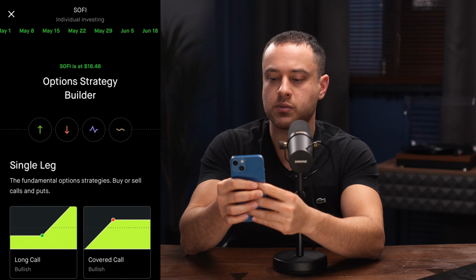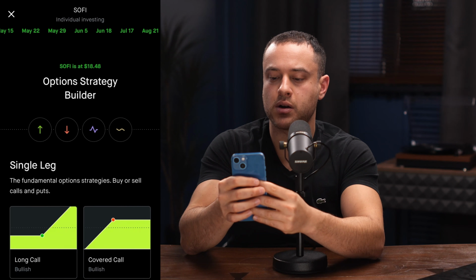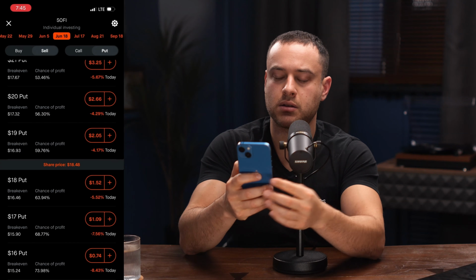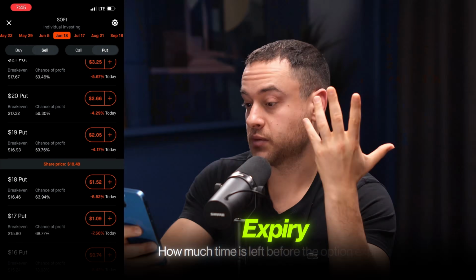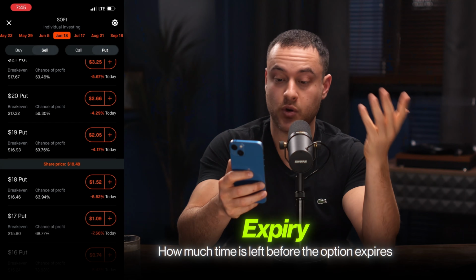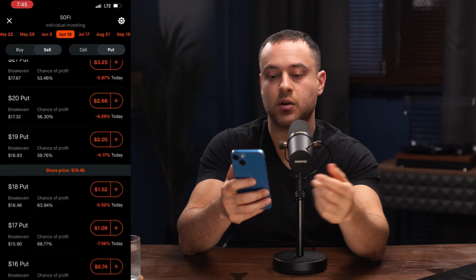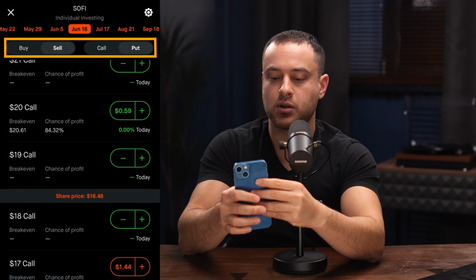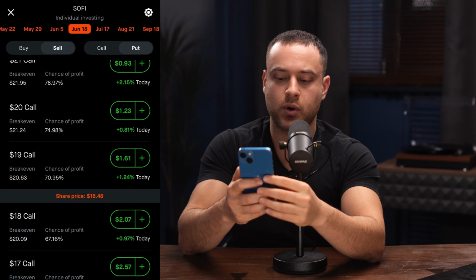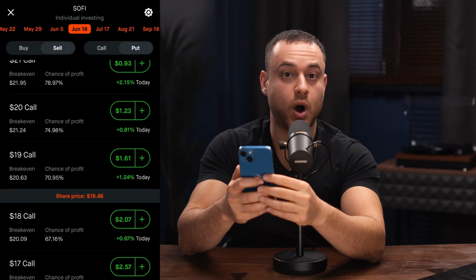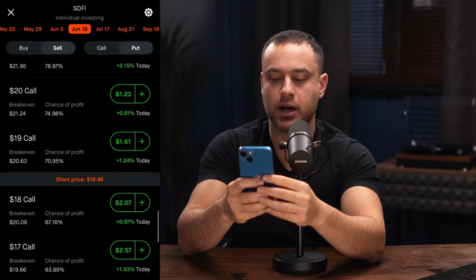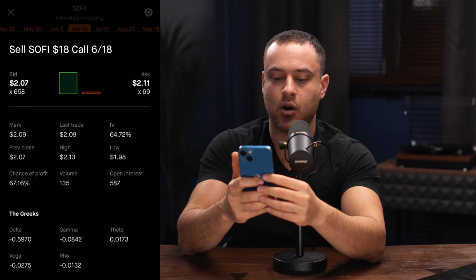So if now is May, I can go for an option that expires in June. So once I click here, you will see that I click the June 18th expiry. And expiry is basically how much time you have until the option expires and that contract is over. Now, you have a menu here that has buy, sell, call, and put. You want to go to sell put. Now, real quick, you want to sell put options when you want to acquire stock, and each option accounts for 100 shares. So if I go here and I go for 18,